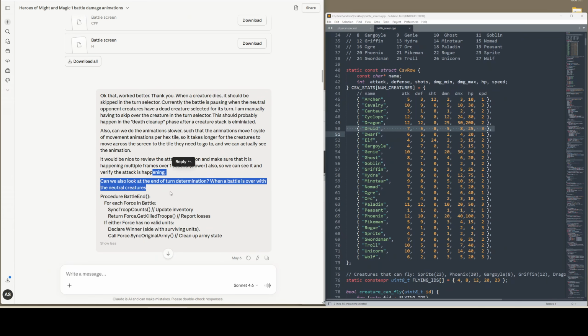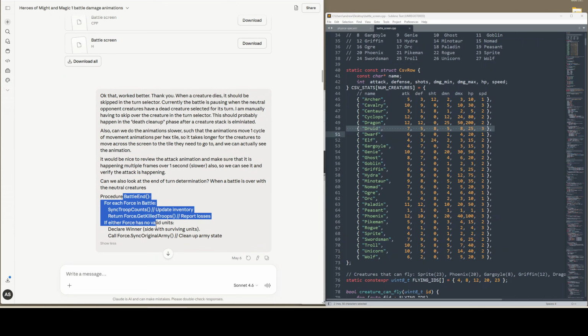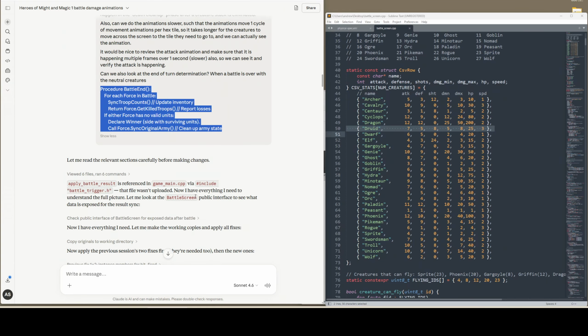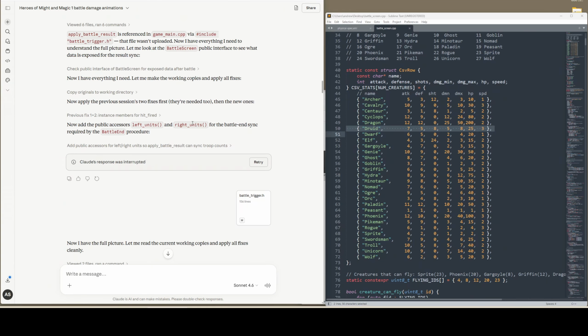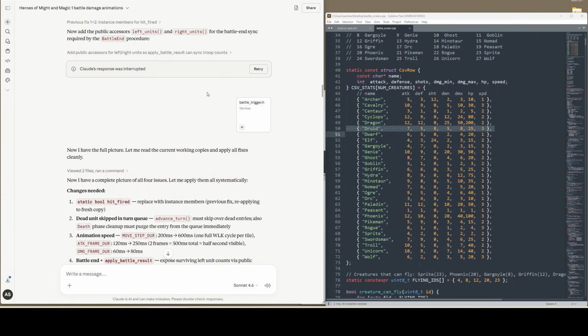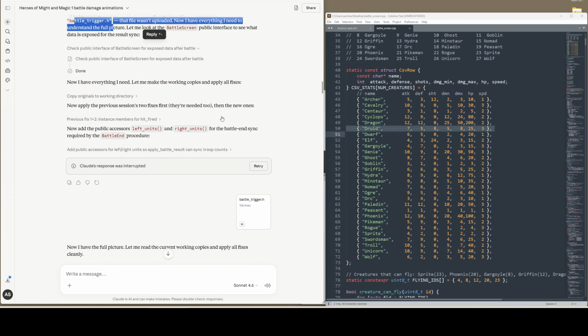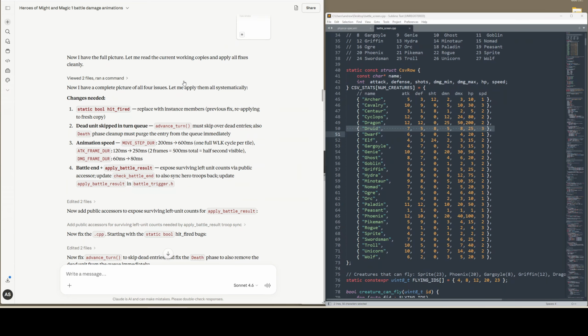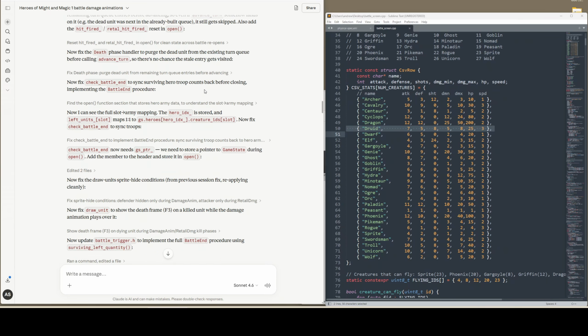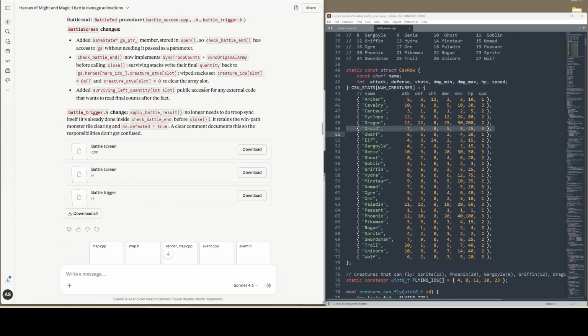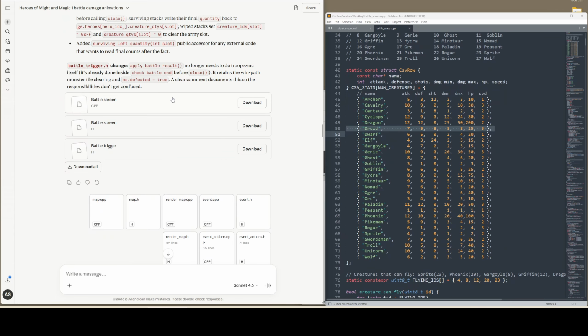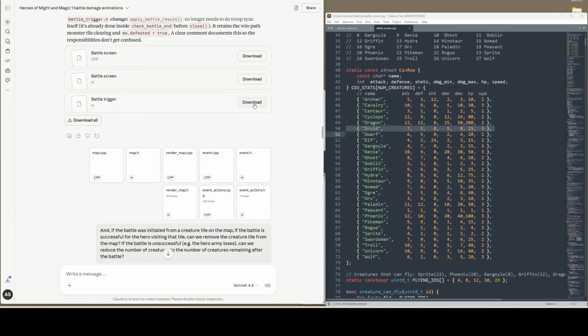Can we look at the end of the turn determinations? Like, I think it should be something like this. This is kind of some pseudocode for this, right? So it reviews some things and says, oh, we need to determine the end of the round or the end of the battle. We need to look at the battle trigger. That's where the event data is. So I drop battle trigger. It has a bunch of noise. It does a whole bunch of processing. Gives me these options,